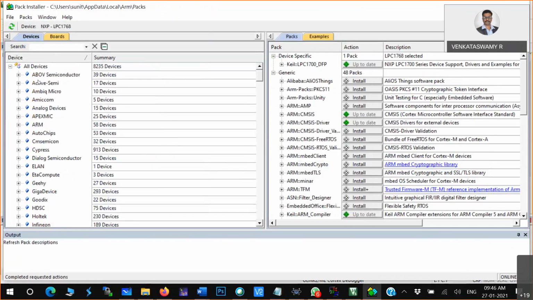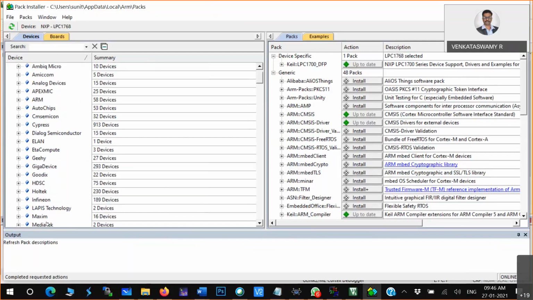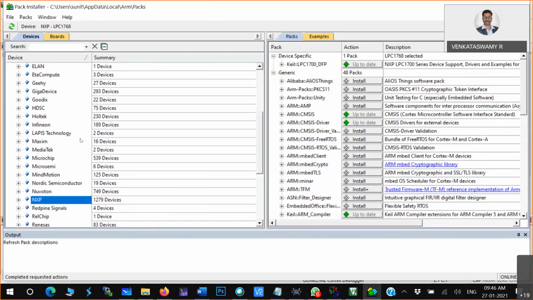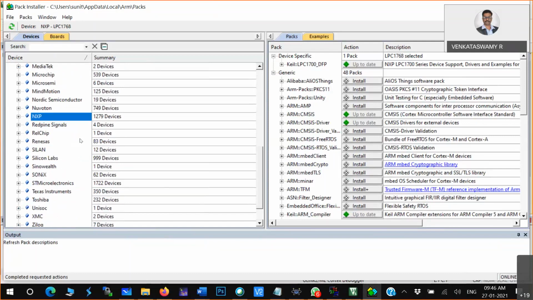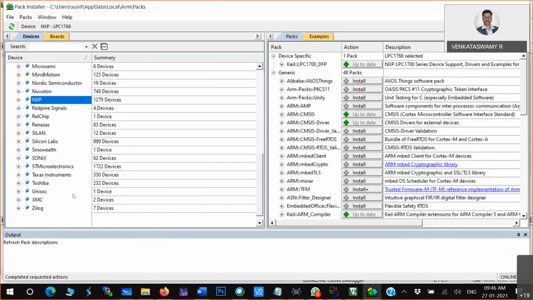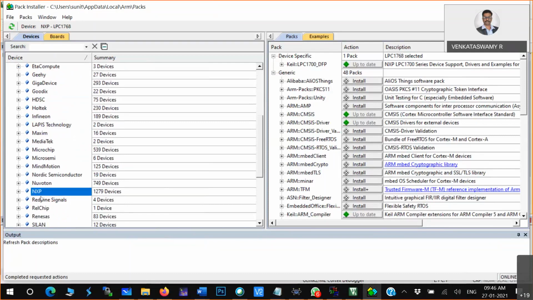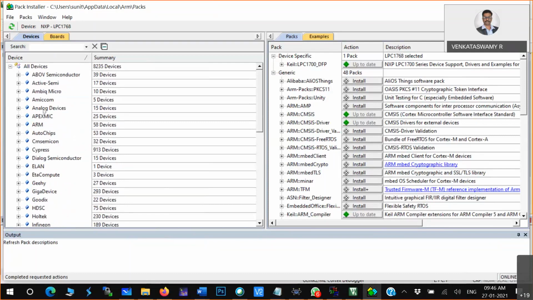Okay, devices. These are various companies: ABOV Semiconductor, ARM, some auto chips, Altech, Infineon, Microchip and NXP, Texas Instruments, Analog Devices.